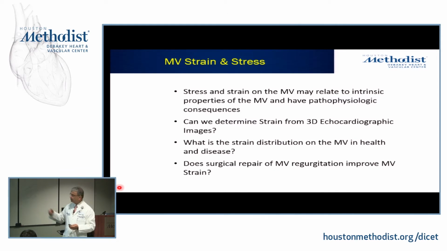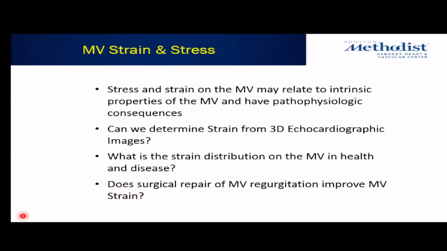Now, these were the initial questions. What is the strain distribution of the mitral valve? I mean, is it different depending where you are in the mitral valve? And we know in systole, for example, there's a large vector that goes in the outflow tract of flow. And then you have some Venturi forces, and the question is what really happens to the anterior leaflet compared to the, Peng, you can come here. What happened to the posterior leaflet? I mean, vortices are very different and pressures are very different in the valve. What is the strain distribution in health and disease? Is it different? And these myxomatous valves or fibroelastic deficiency are different.